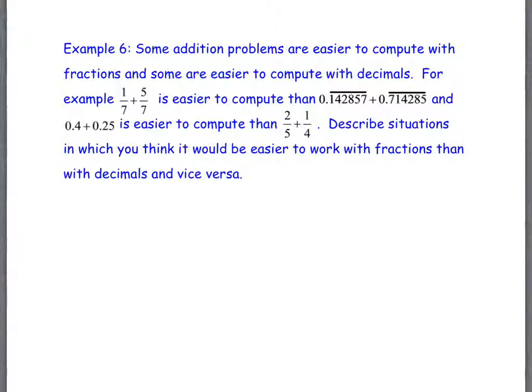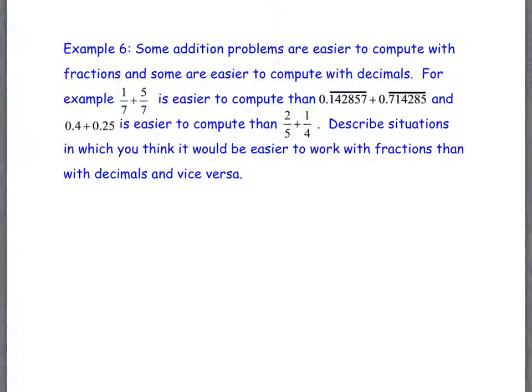This one says, for example, if we had 1/7 plus 5/7, it's a lot easier to add those two numbers together than to add the repeating decimal 0.142857 and 0.714285. Okay, would you agree? The fact that those are repeating and none of the numbers match up and it looks really ugly and there's 6 of them repeating, that doesn't look so friendly. However, the opposite is also true. If you had 0.4 and 0.25, it's easier to add that in decimal form than it is to add 2/5